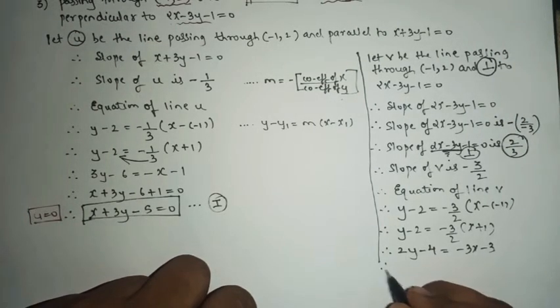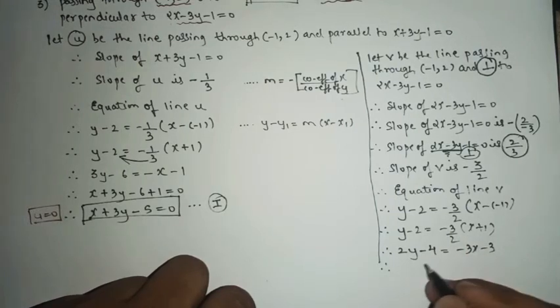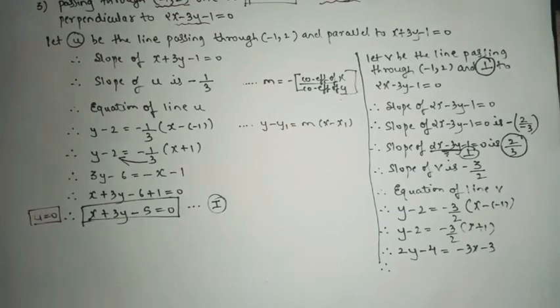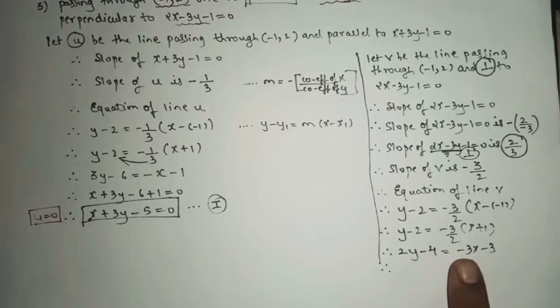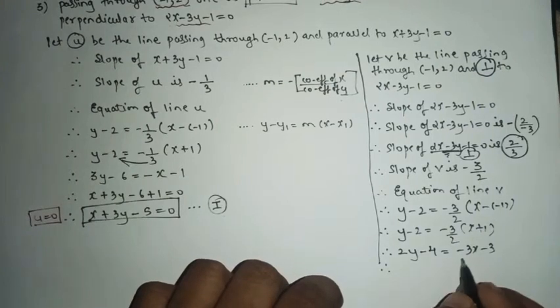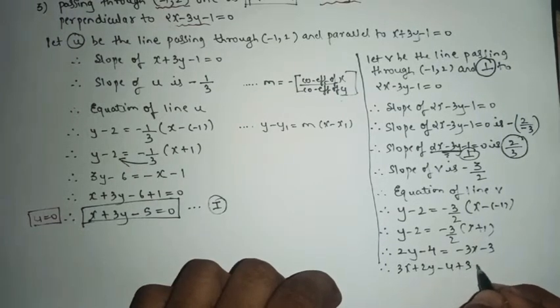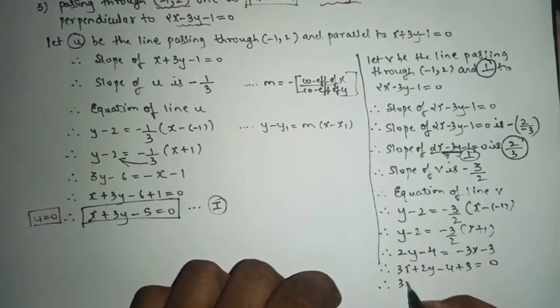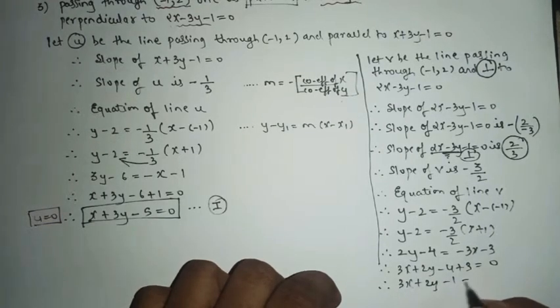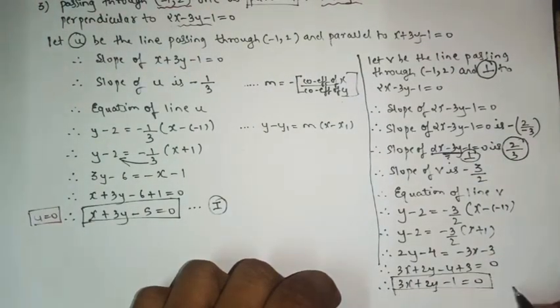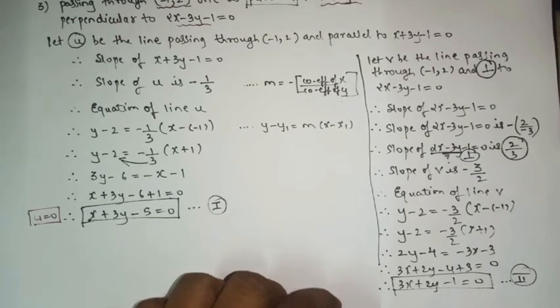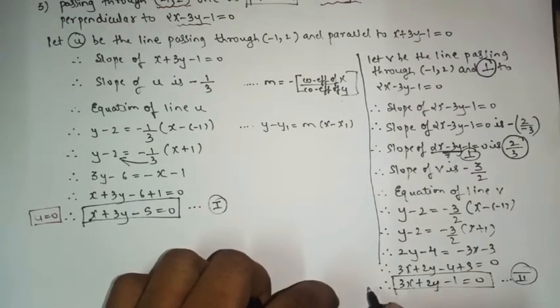Yes or no? We'll shift all the numbers to the left hand side, because as I said, we'll keep the symbol of x as positive. So this will come to this side, so what you will get? 3x plus 2y minus 4 plus 3 equal to 0. So therefore 3x plus 2y minus 1 equals to 0. So here we got the second equation. So now the second equation we consider as v equal to 0, like this. Yes or no?